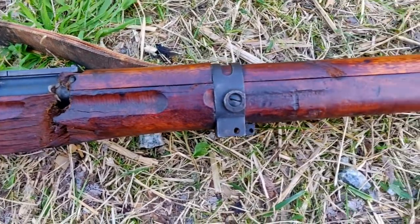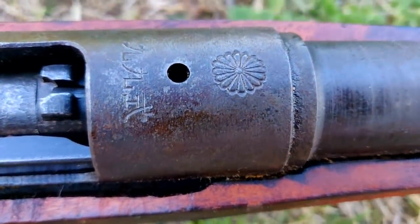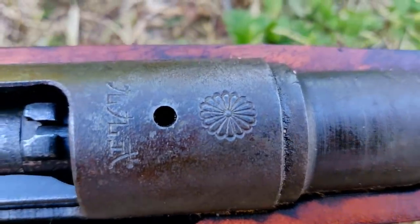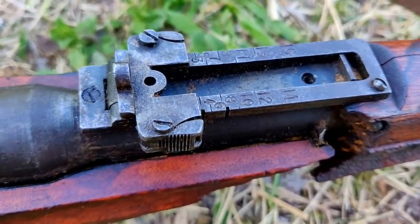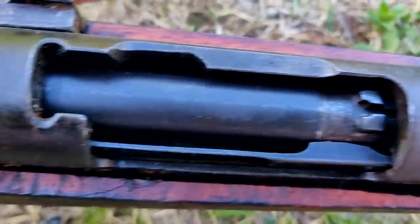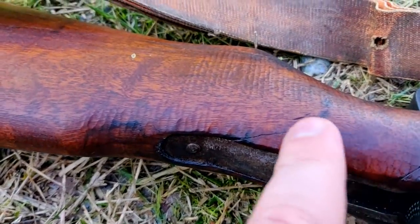Probably 30-06 hit it, looks like. I don't think it was a 30 carbine, definitely wasn't a 50. So probably an M1 Garand or a 03A3, maybe a machine gun. See there, it's a Type 99. And actually the first two letters on there, or actually numbers, are QQ 99, and the last word is Shiki, which stands for type, so